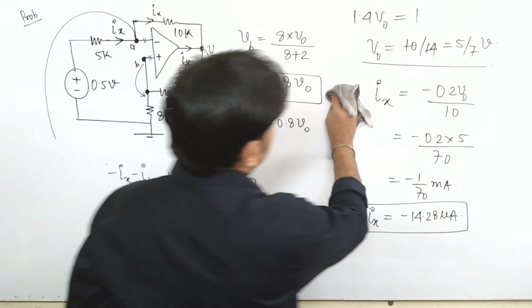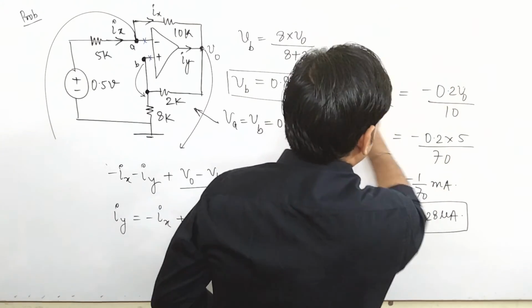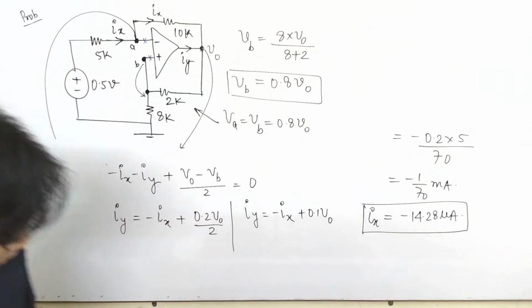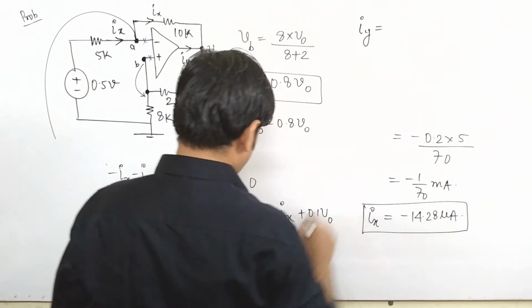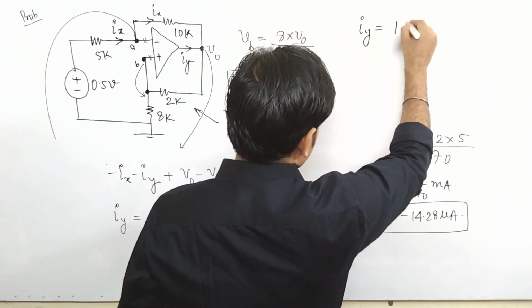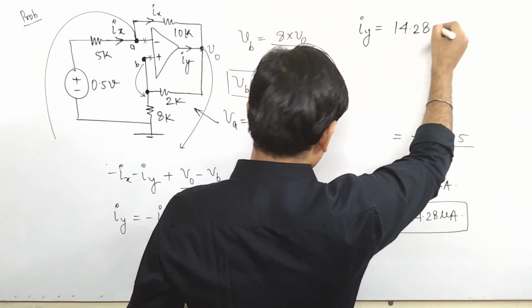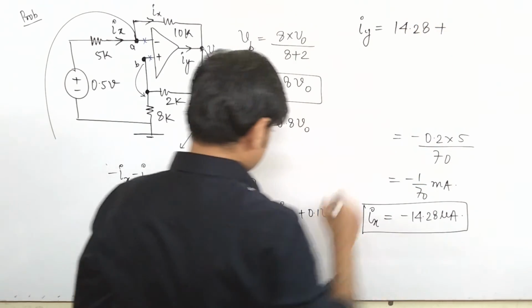Now we solved it. It is 5 by 7. Just keep in mind it is 5 by 7 volt. So now the value of Iy comes to be, the value of Ix is how much? It is minus minus, so that comes to be 14.28 in microampere, plus of